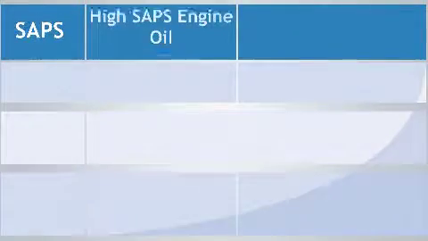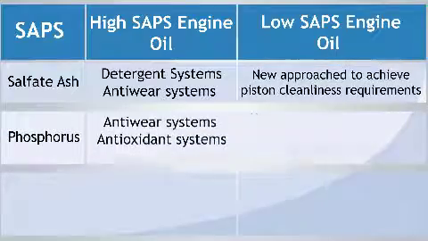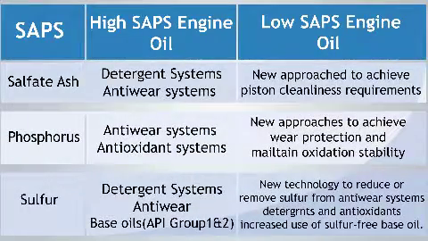Protection of the after-treatment devices. The life of the after-treatment devices used for reducing emissions is affected by the chemistry of the engine oil formulation and also the quality of the fuel used by the engine. An engine oil formulated with high sulfated ash can bring down the life of a diesel particulate filter or DPF. Similarly, the presence of sulfur and phosphorus can deactivate a diesel oxidation catalyst or DOC. Thus, an engine oil formulated with low sulfated ash, phosphorus and sulfur, which we call low SAPS chemistry, protects the